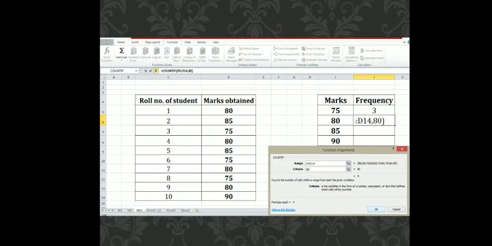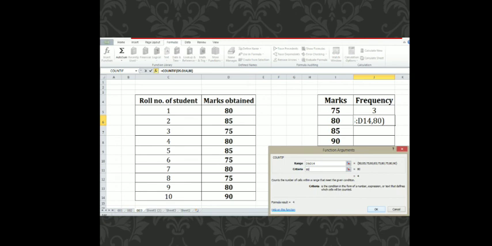When you click the OK button, you can see the cell will show a definite value of frequency. As here you can see in the frequency column, 3 is represented against 75 marks.